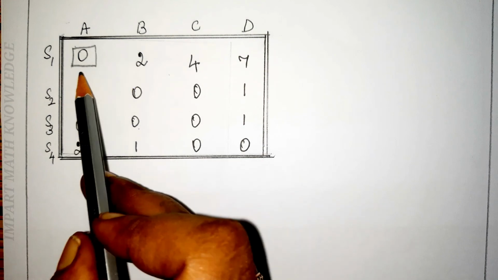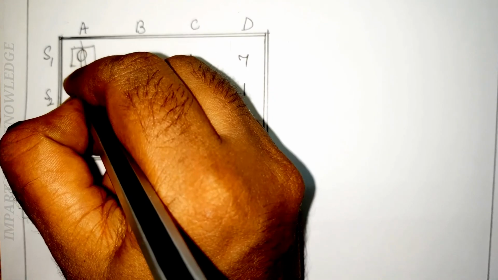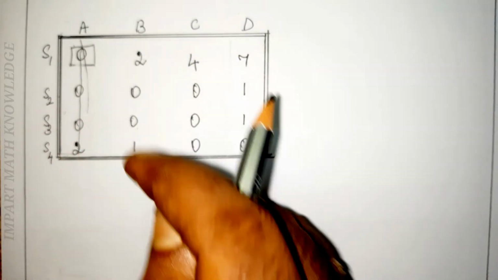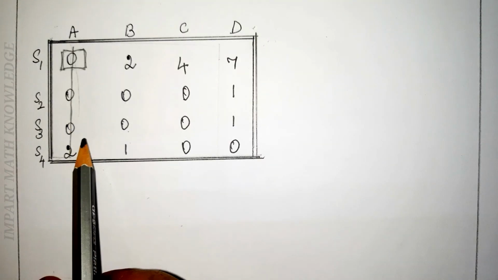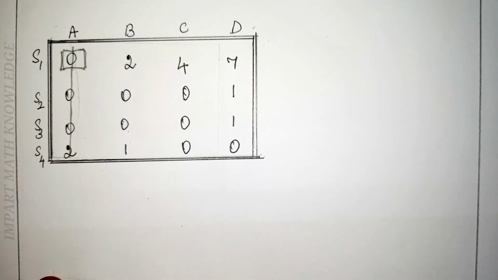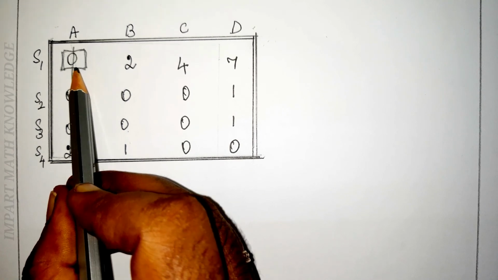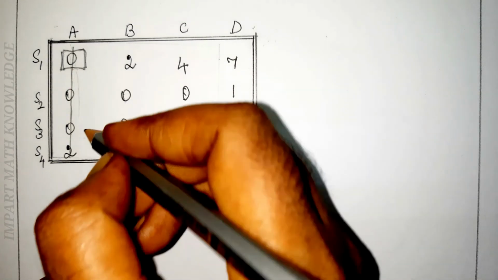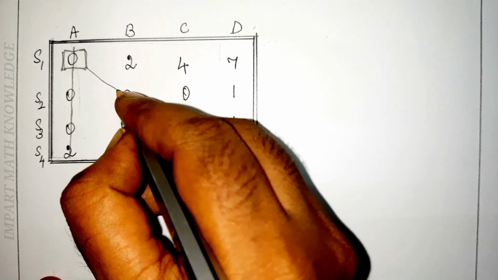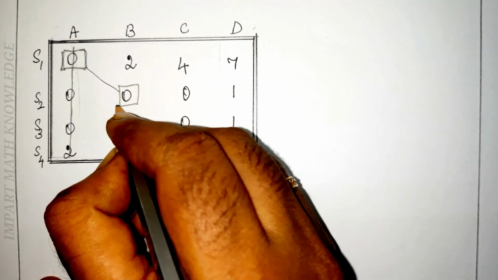The first row, you have a single assignment. You draw a vertical line passing through that 0. After that, you have to select the diagonal cell having 0. It should be diagonally opposite to that assignment. And here this is the first assignment. For this element, the diagonal entry is this one. So you put a square on it.